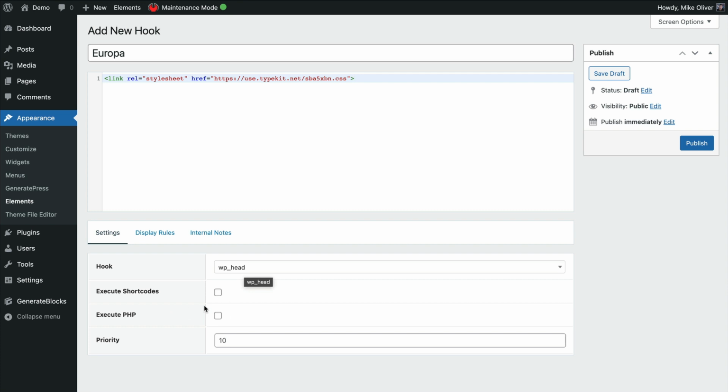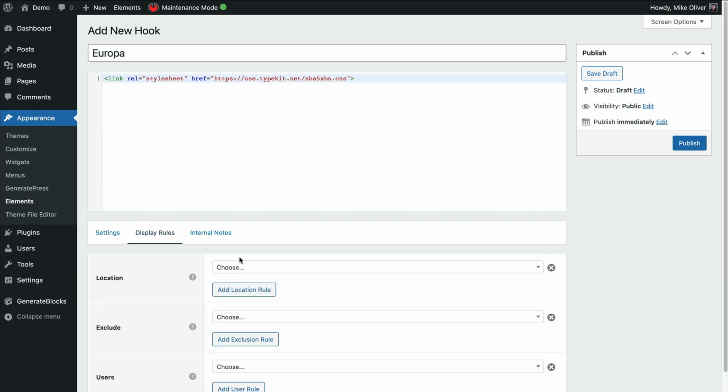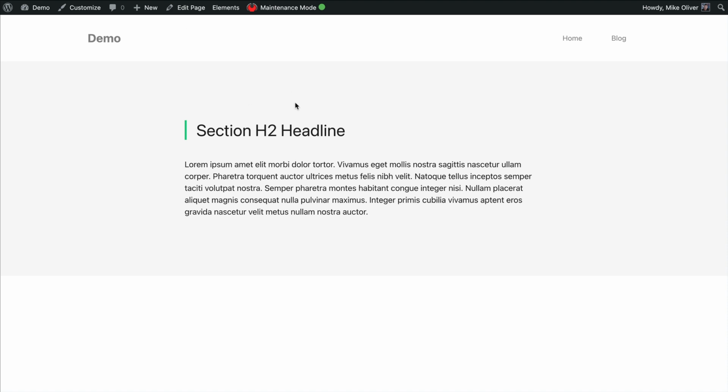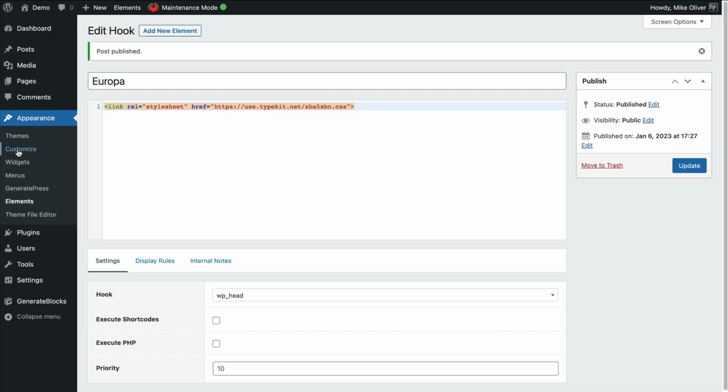And you don't have to worry about toggling any of this. For display rules, I'm going to choose entire site because I want it to load on every page of my website. And I'm going to click publish. All right, so now on this demo site, I have Europa loading, and I just need to define it in the typography settings. So let me go to the customizer